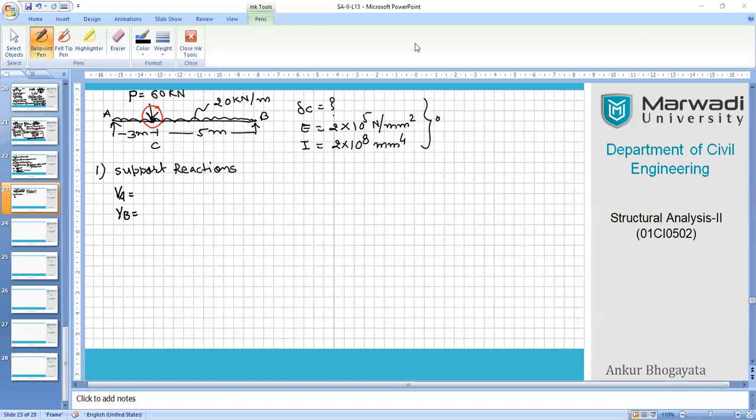I will be cross checking your answers, and then we'll go ahead for the further calculations. So take your 2-3 minutes time and finish it with the help of the first principle. It's recalling only. You just need to recall your earlier knowledge of mechanics of solids where you used to calculate reactions. The only difference is here, instead of 60 kilonewton, you just need to consider P as a force, which is a point load, right?